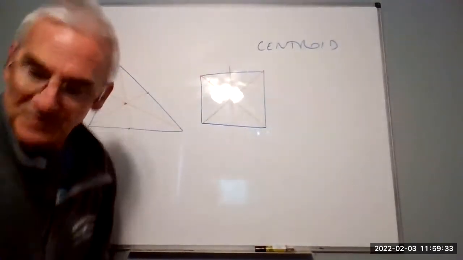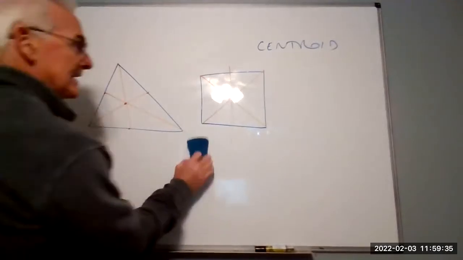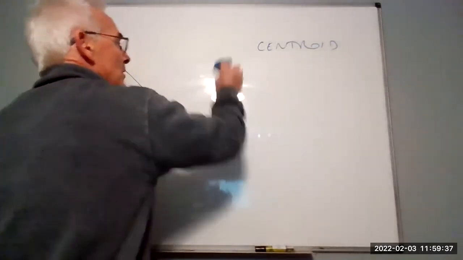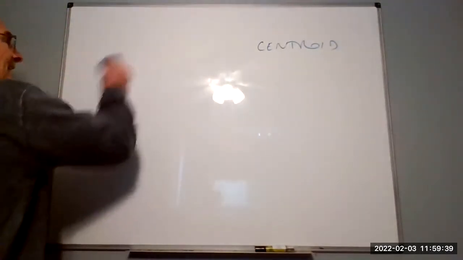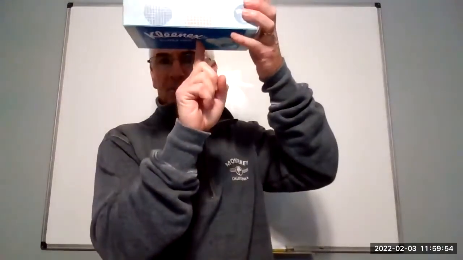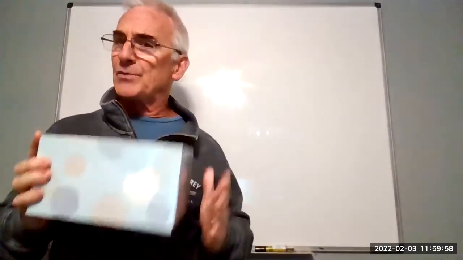Now, one of the questions that people ask, and it's a good question, does the centroid have to be located at any particular place in the object? Well, let's take a piece of paper. Actually, I have a box of tissues here. The centroid of this box of tissues is probably located inside the tissues. There will be a balance point somewhere in the middle here, but this is a 3-dimensional object, so this isn't the one I want to study. The one I want to study would be,